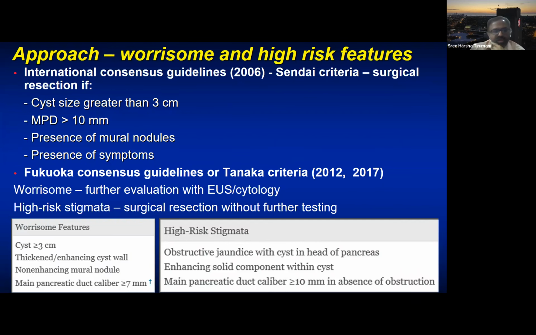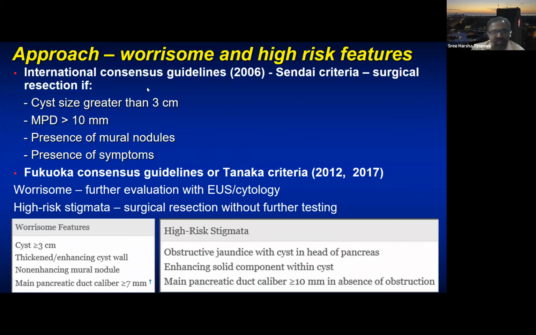Now, what are those conditions? If a cyst is greater than 3 centimeters, or if the main pancreatic duct diameter is more than 10 millimeters, or if the cyst has mural nodules, or irrespective of this, if the patient is symptomatic, the Sendai criteria suggested that these patients should undergo surgical resection. Now, if you remember, when they used this broad criteria, it ended up in almost a 200% increase in pancreatectomies. And that was not the intended